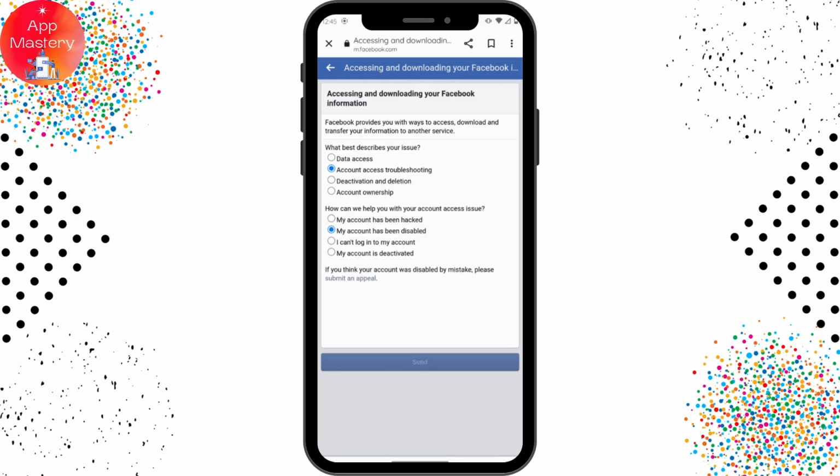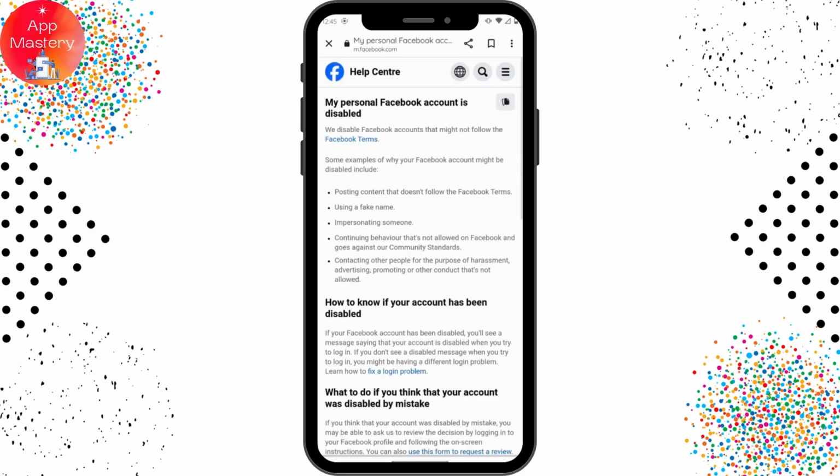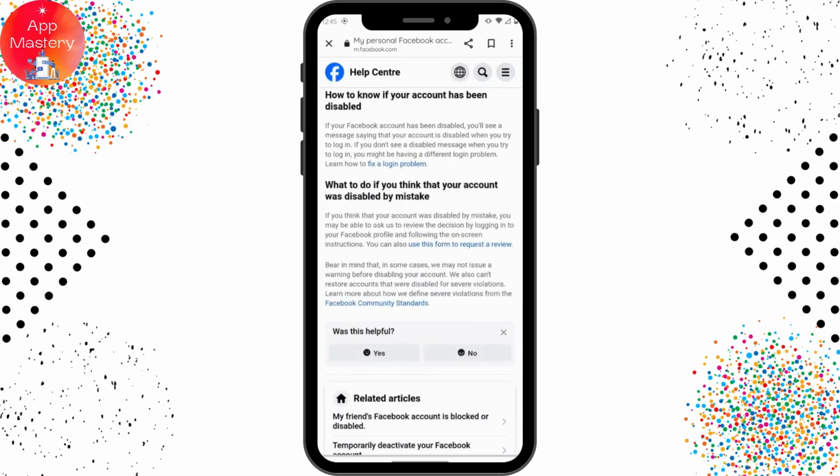And here, if you think your account was disabled by mistake, please submit an appeal. So tap on submit an appeal and then scroll down, and here you have what to do if you think that your account was disabled by mistake. Under that, in the first paragraph, on the last line of that first paragraph, you will have "use this form to request a review." So simply tap on that, which is written in blue ink,